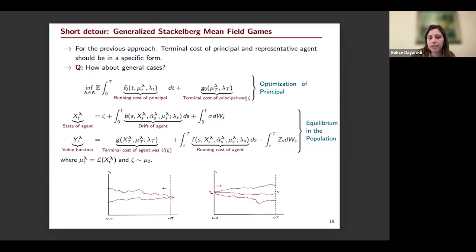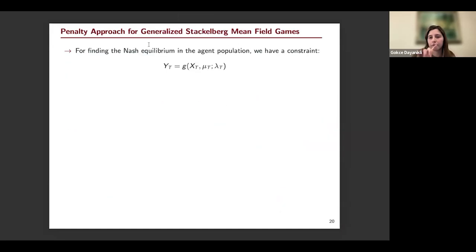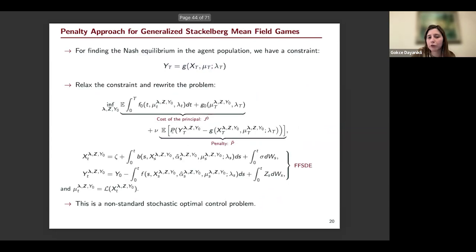And what we are going to do is that we are going to say that we change this backward to forward, but we add a constraint, which means that the terminal condition needs to be satisfied. But then, how are we going to solve this constraint problem? We are going to relax it with a penalty, and we are going to write it as a basically penalized stochastic optimal control problem. So here we basically propose a similar numerical approach, but the important part of the paper